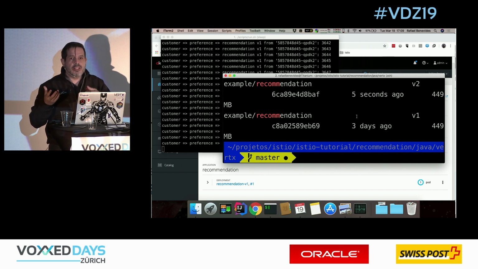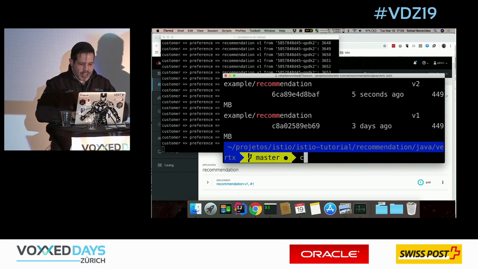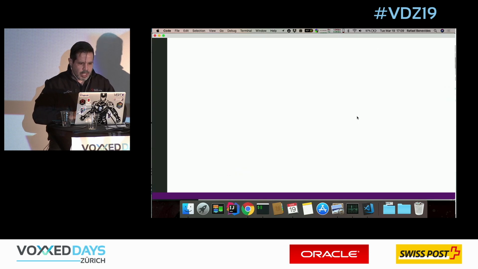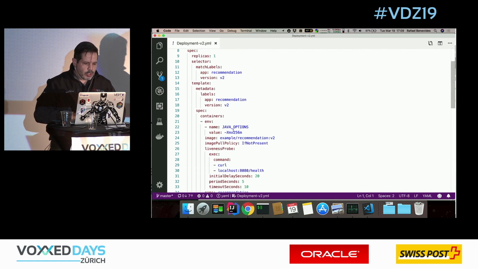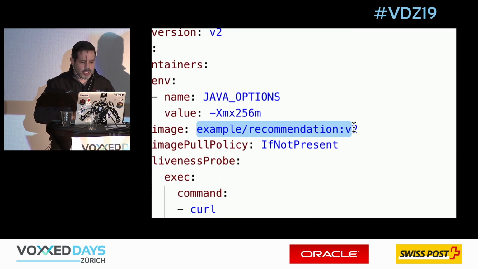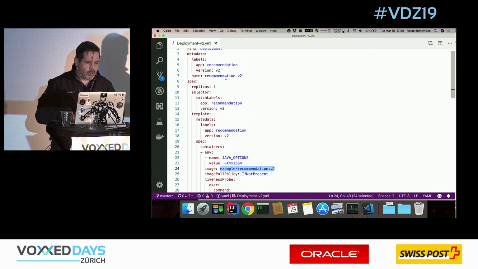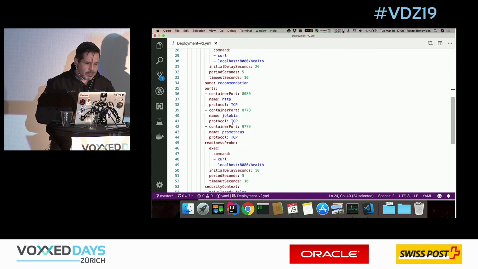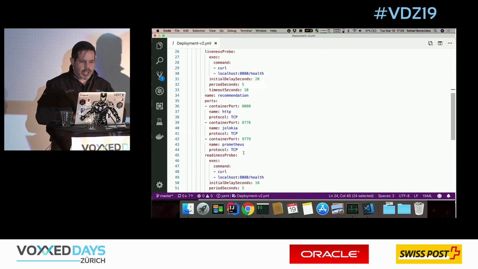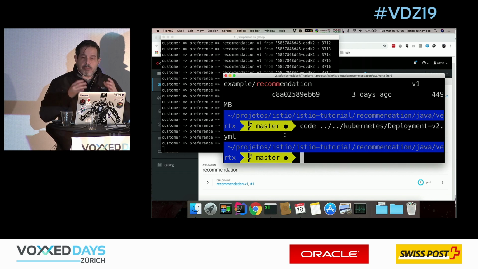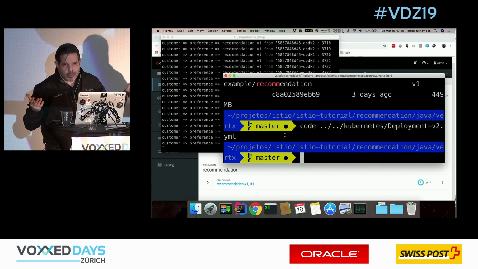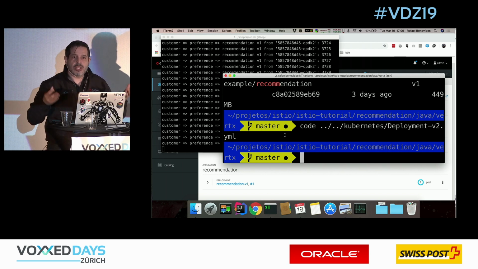Now that I have a Docker image, what do I need? I need the Kubernetes deployment YAML file. So if I open this file here, just for you to take a look, deployment v2 YAML, you can see that it uses the image that I just built, example recommendation v2, plus everything related to v2 now. I give it a name, recommendation v2, there are labels, it will run just one replica, ports, nothing special, right? But if I deploy that file,